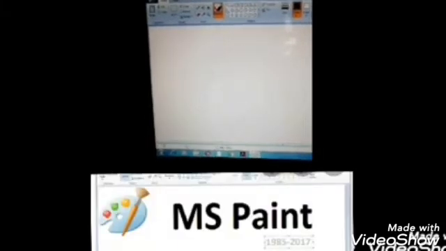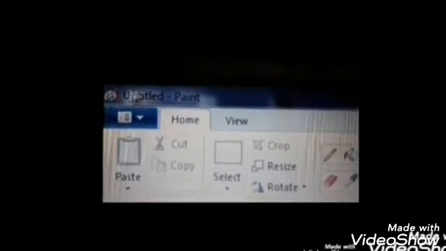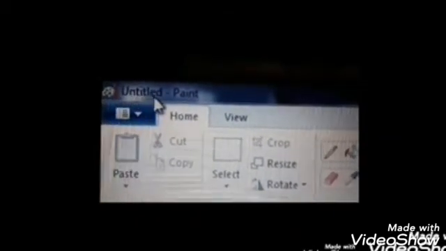Now this is the Paint window. Okay children? Here first I will show you the title bar. Here you can see the blue bar, children. This is known as the title bar. So this is the left corner of the Paint title bar. This is the Paint icon. And here as you can see it is showing untitled dash Paint. This means this untitled is the name of the file. Till now we have not given the name of the file, that is, we have not saved the file. That's why it is showing as untitled. And this Paint is the name of the application.